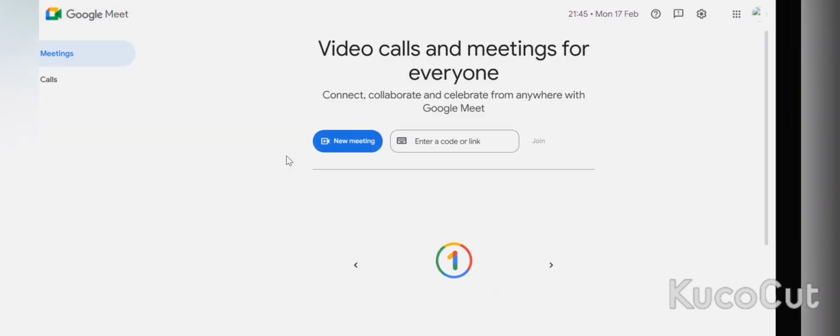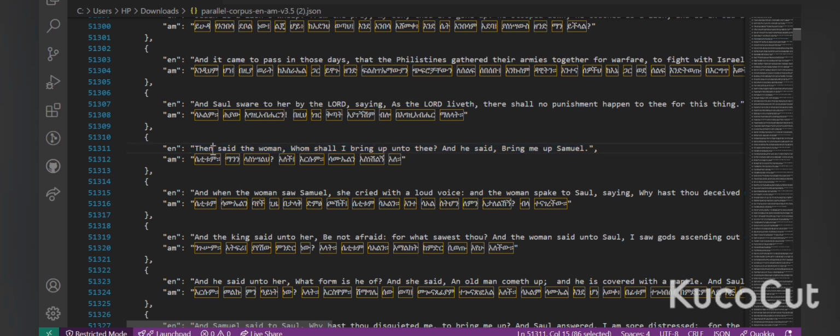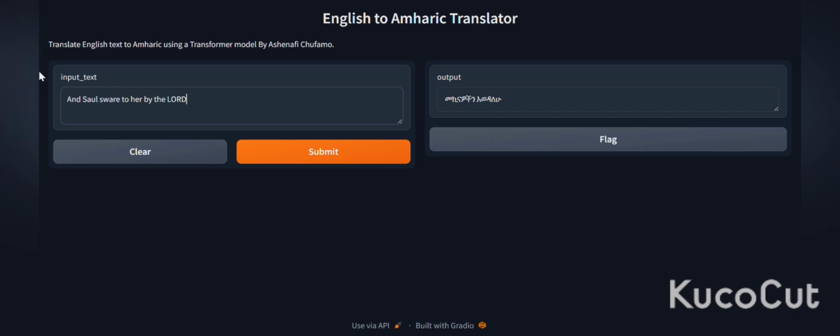So let's see another line from the dataset. "And Saul swore to her by his Lord." So let's give it this sentence from the dataset. ሳውልንም እግዚአብሔር ፊት ታወራለች, something like that. So it translated Lord as እግዚአብሔር and Saul to Saul, and basically